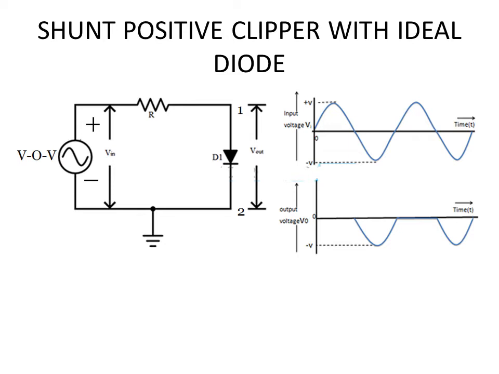So correspondingly you can see the graph which represents the output from the clipper circuit. The entire positive cycles have been clipped away, because during that time your diode is forward biased and it is conducting current without dissipating any voltage across it. So the output device will measure 0 voltage across the diode.